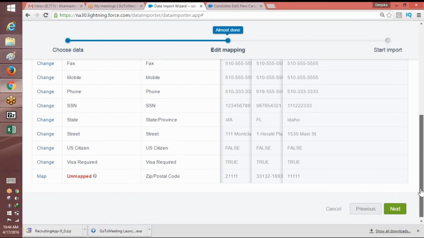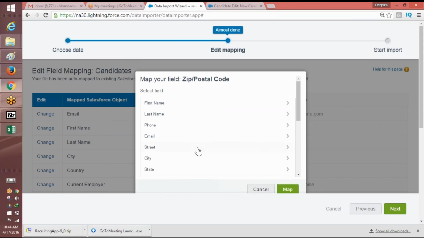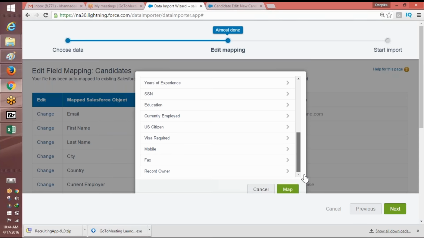Okay, is the mapping done? This is the one which is not mapped. So I'm going to map the